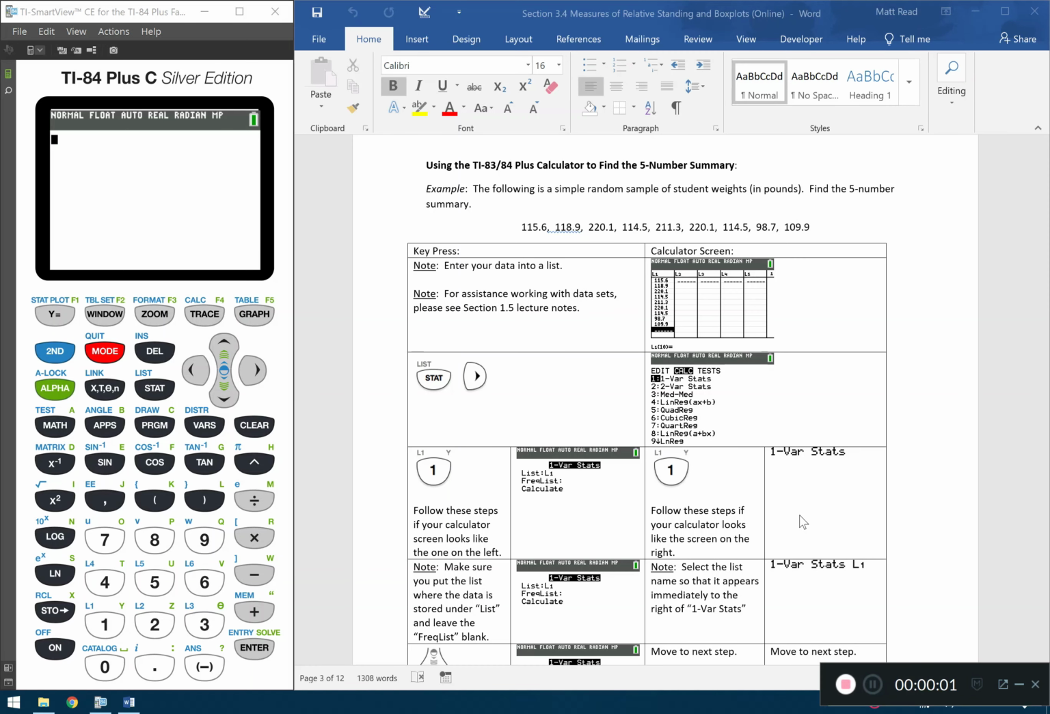This video will walk you through the steps for using your calculator to find the 5-number summary. The following is a simple random sample of student weights in pounds. Find the 5-number summary. First, we'll enter the data into one of the lists of our calculator, Stat, followed by